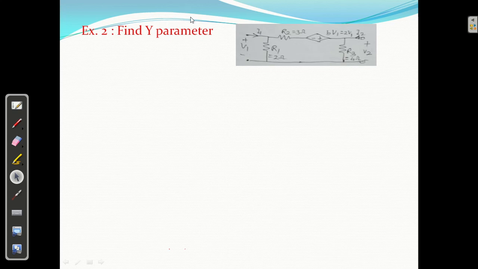Find y parameter. Find y parameter. ओके, अगर आपको y पैरामीटर निकालना है, सो अगर आप इसको KVL लिखेंगे तो वी हैव 3 लूप्स, लूप 1, लूप 2 एंड लूप 3. ओके, you will get z parameter. Then you have to find y parameter. और अगर डायरेक्टली KCL लिखते हैं, if you write the KCL, right, so you will get directly y parameter. So it is better to write the KCL.